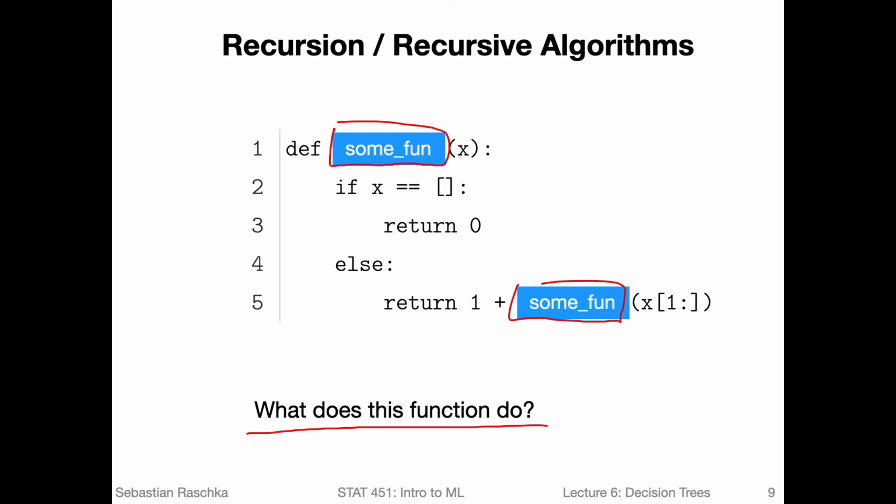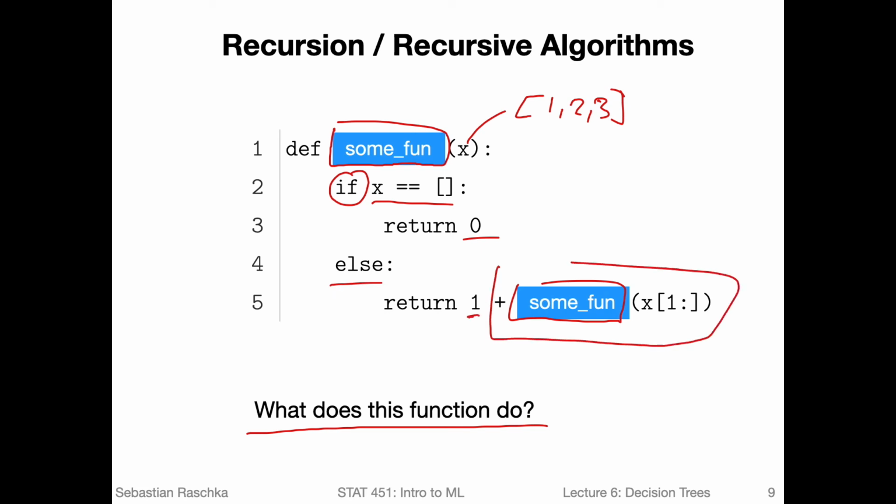So this is a function that works on Python lists, for example, a list like 1, 2, 3. And what it is doing is it's returning the length of an array or of a list. How does it work? It takes an input here, the x, and note that it's checking for a condition here. The condition is whether the list is empty or not. If it is empty, it will return 0, because an empty list has a length of 0. That's our stopping condition. And otherwise, it's returning a 1, and it's calling itself again on a smaller input now.